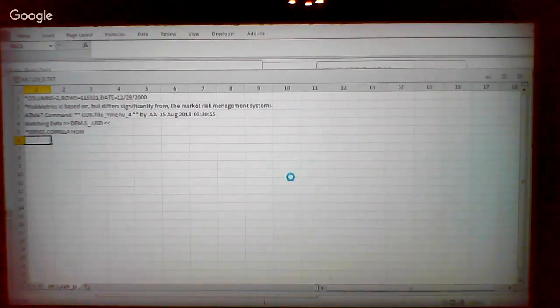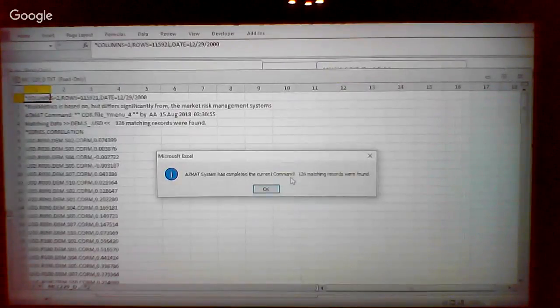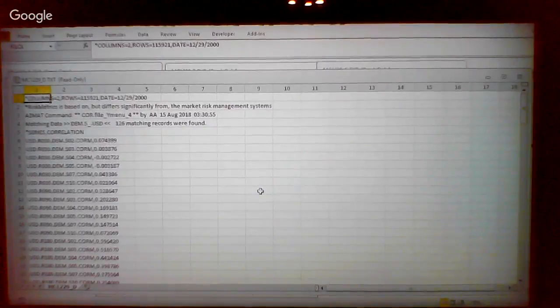See, the gap is because it's getting a whole bunch of data and then calculating and putting it there. Yes, 126 matching records. So it looks for a certain bunch of data, gets it, puts it, then goes and gets some more, puts it